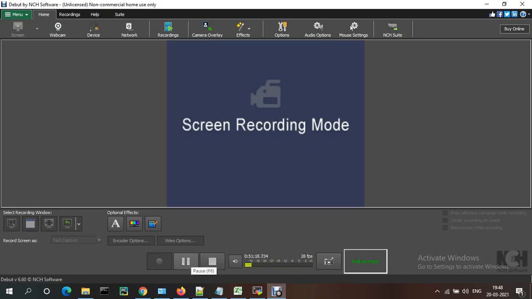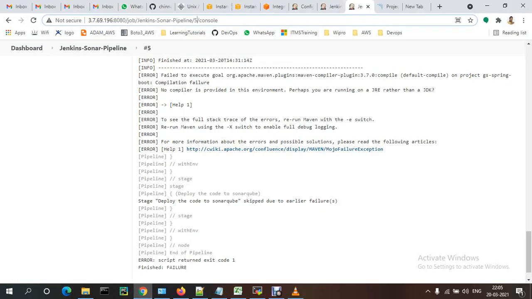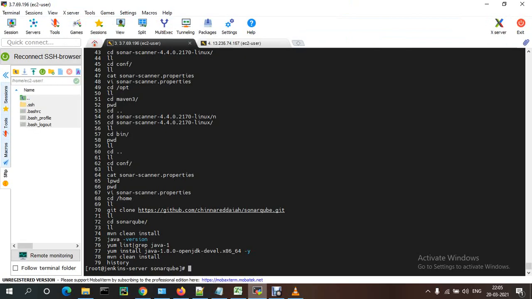Okay. Actually, I fixed that issue. The issue was while we installed Java on the server, right? I installed JRE instead of JDK. So I just reinstalled JDK, and after that, it is executing successfully. While I did the same thing locally with Maven clean install, the build also failed.